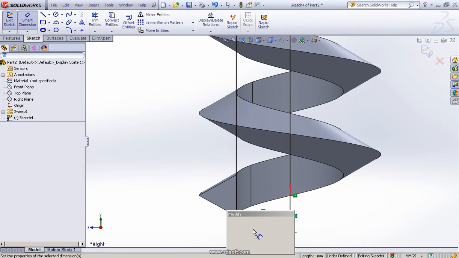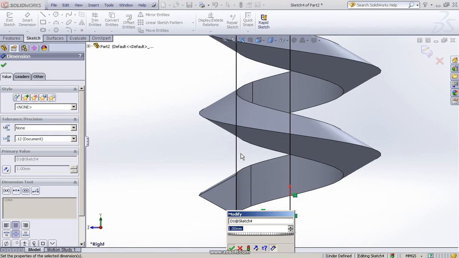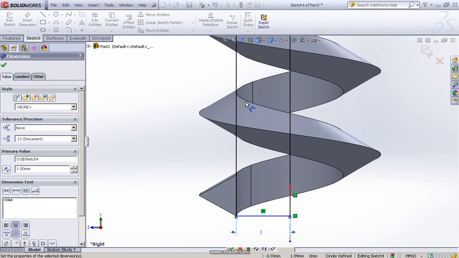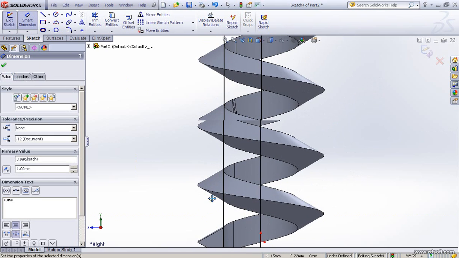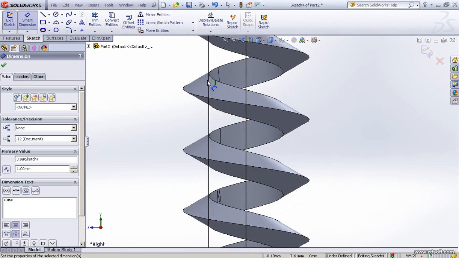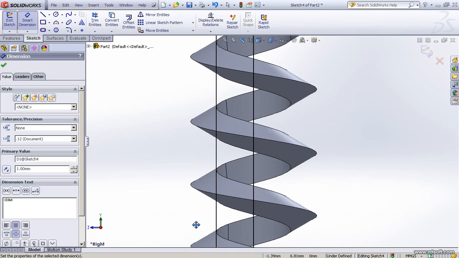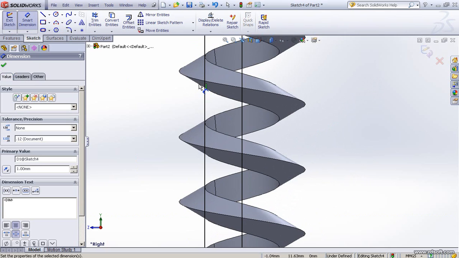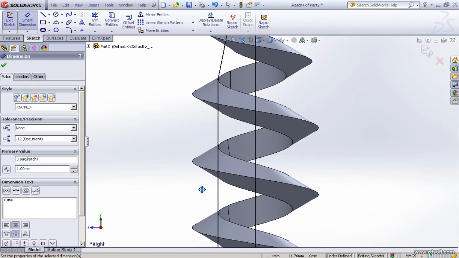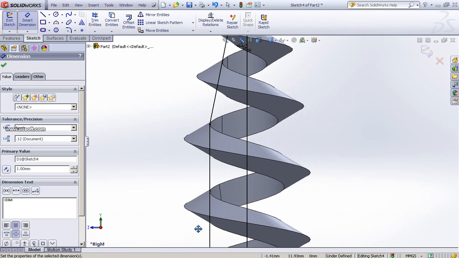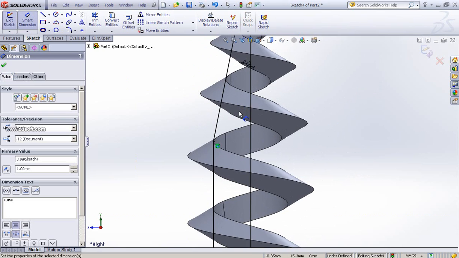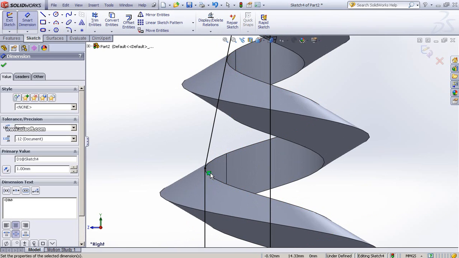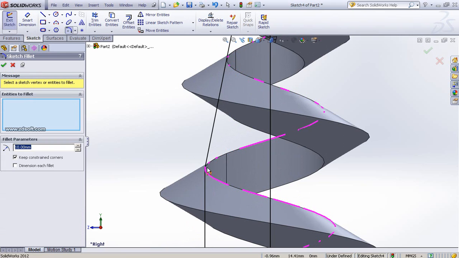Okay, to make sure the dimension is 1, then we make some adjustment. We put some fillet at this end point with a radius of